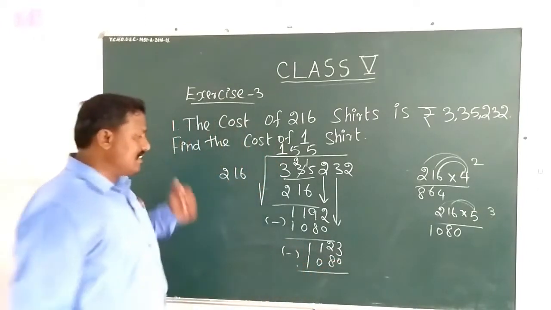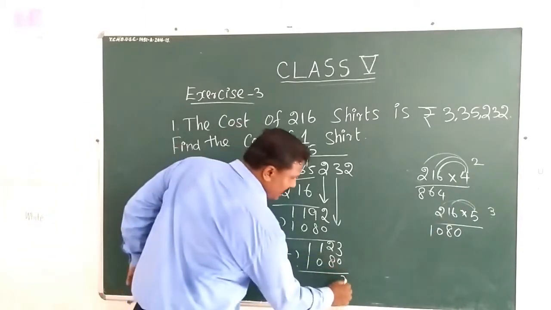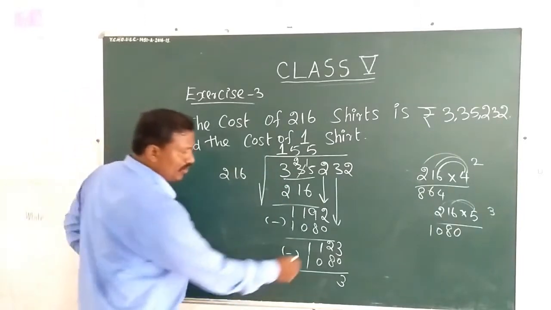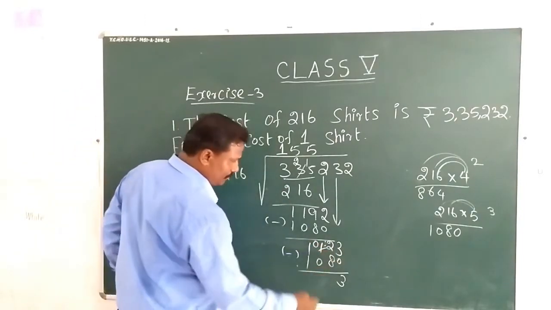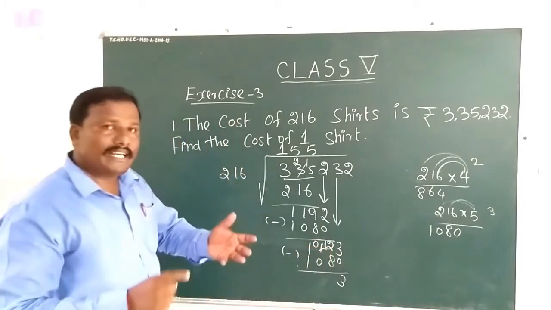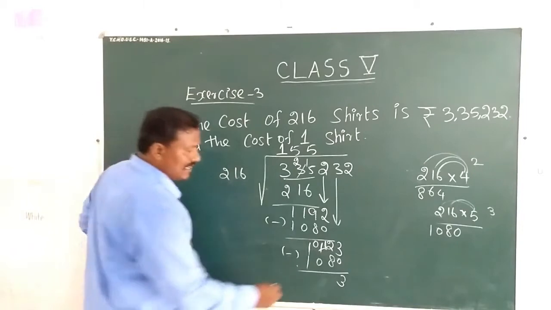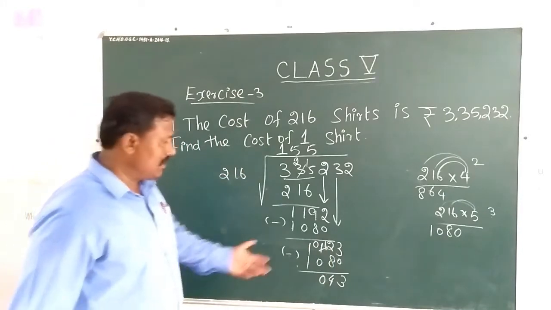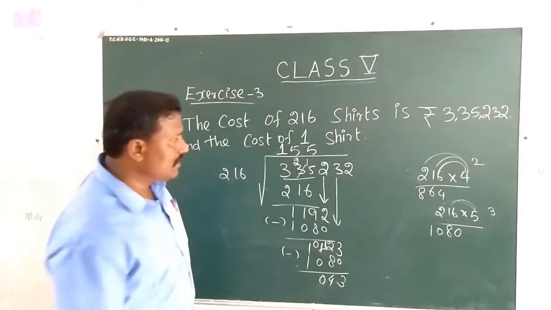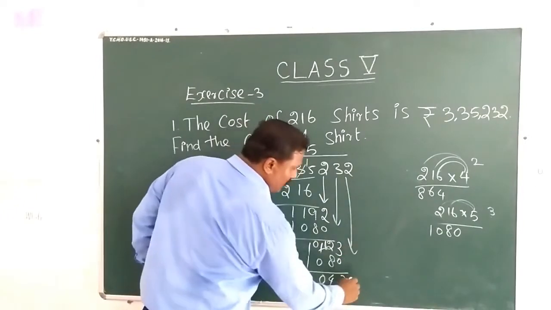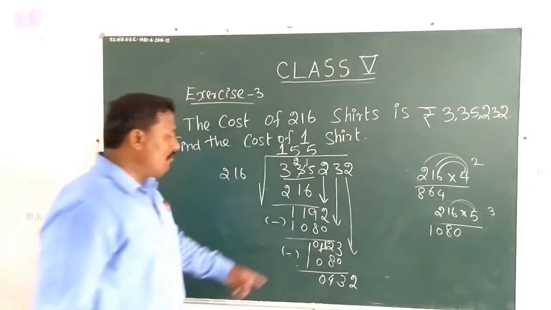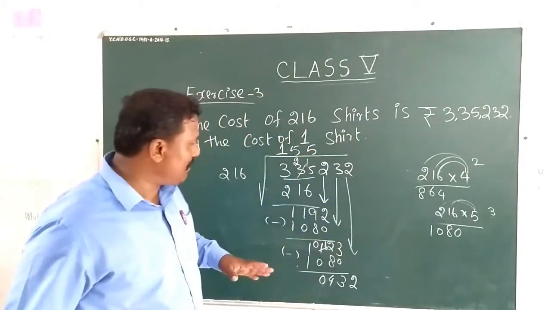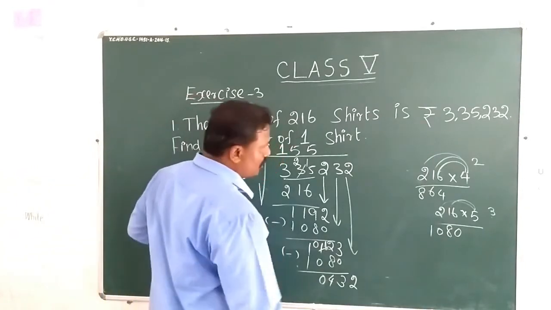If you subtract this, 3 minus 0 is 3. 2 minus 8 we can't subtract, so I borrow from the number here. Here it becomes 0, here 12. 12 minus 8 is 4, the difference. Here 0 as it is. 1 1 0, same, 1 minus 1 is 0. So 43 remains. Here 2 is extra, so I will take it down. Now 432. Here we can't multiply 4 times, no? So 2 times I will multiply.